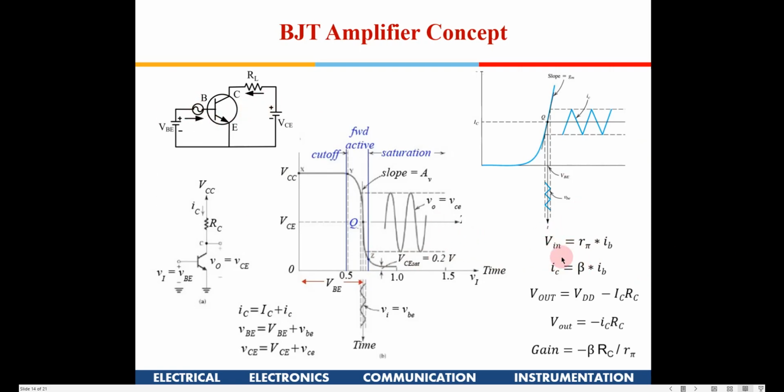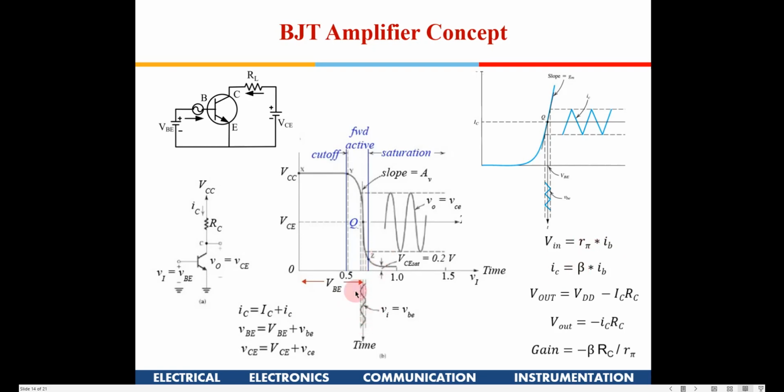Okay, so whenever we talk about BJTs, when I say V in, it is not the total V in. You are considering that there is already a bias here. This small AC signal is called V in, and that is going to cause a current IB, a small variation in current. That small variation in the current is termed small IB. So this is the amplitude of current.